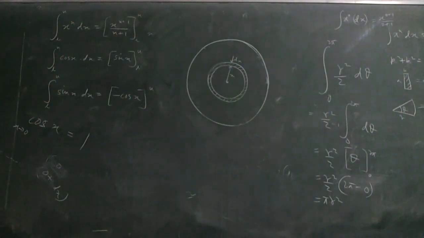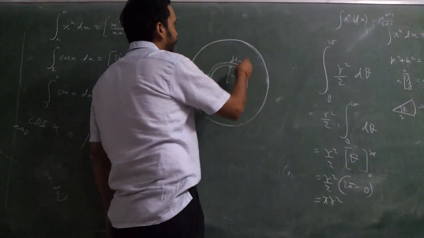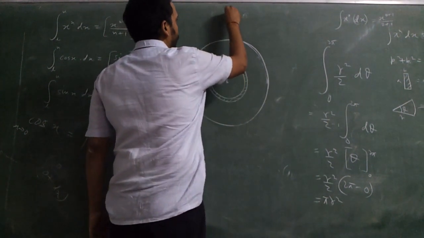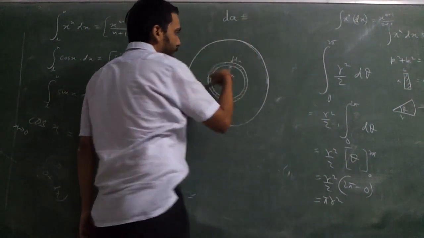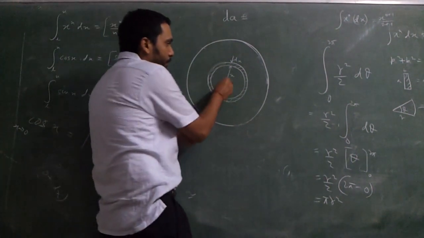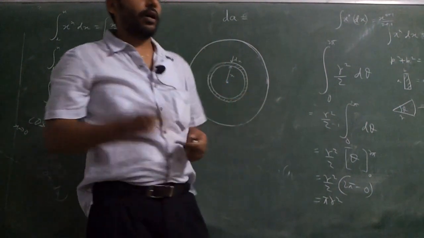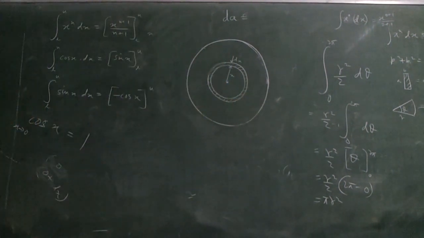Okay? Do it. Let me see who does it. So your first job is to make the elementary area. Second job is to find the area of the elementary area, how much is the area of that thing. And third thing is integrate. From where the rings are starting. The smallest ring would be somewhere over here with 0 radius. Okay? And the largest ring will be over there. But all the rings should follow the same formula. Okay? Then only you can put it into the integrator and integrate it.